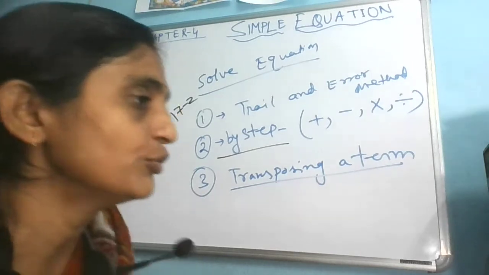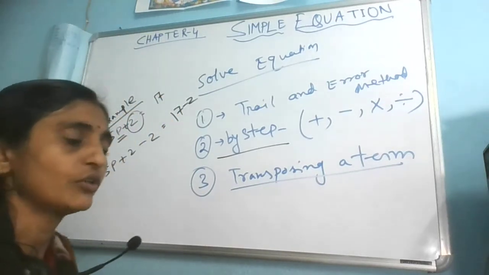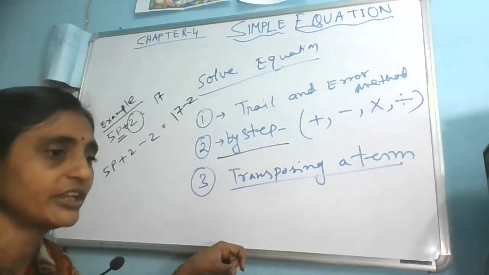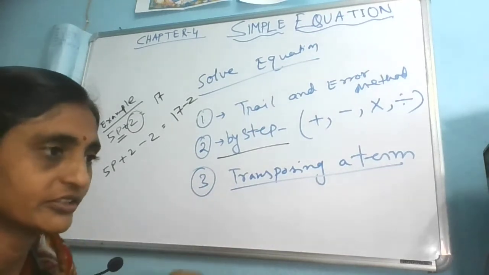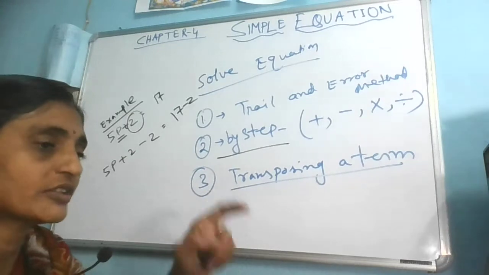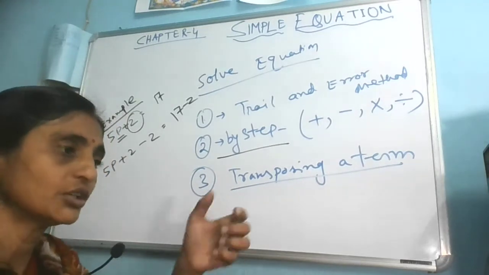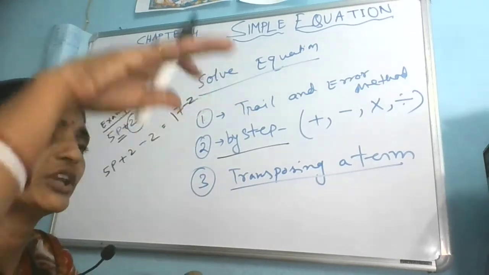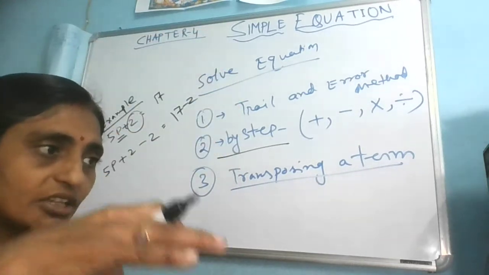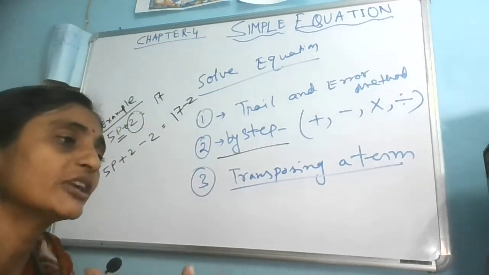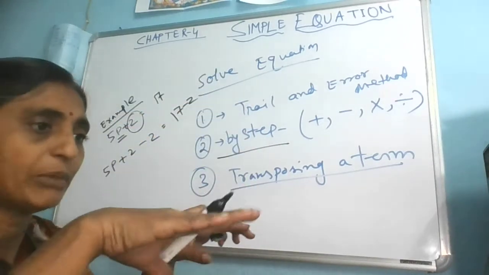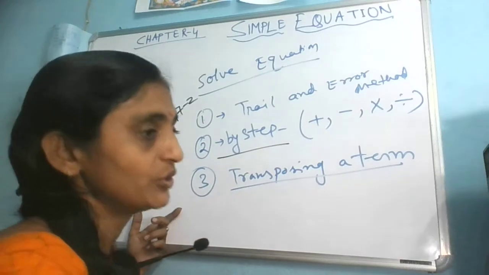You might have noticed when you are buying something in a shop, they put the iron weight on the left hand side and the goods on the right hand side. To keep the balance, if you are asking for 1 kg and the goods side is going higher, that means its weight is less. To make it balance, they put some more quantity over there to keep it balanced. Like that, here also we are doing this balancing.